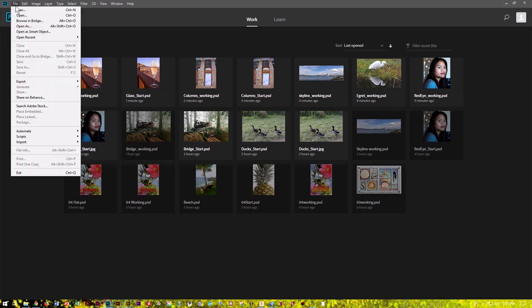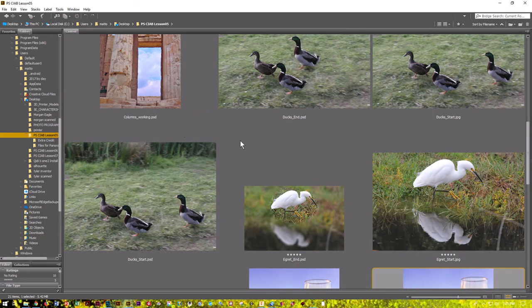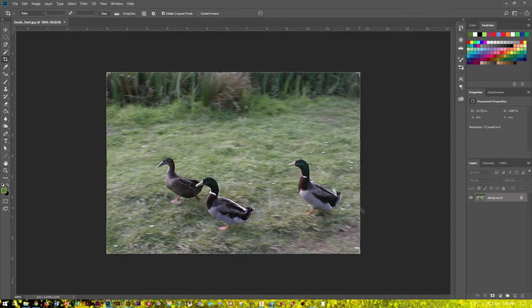Let's go File, Browse in Bridge, and let's look at the ducks. You'll notice in the ducks we've got the duck really far behind in this one, but in our end he has been moved over here. So we're going to move that duck. Let's grab the duck start JPEG. Now this is not a great quality photo to begin with. You can tell it's all kind of out of focus and it's not one I would play with, but